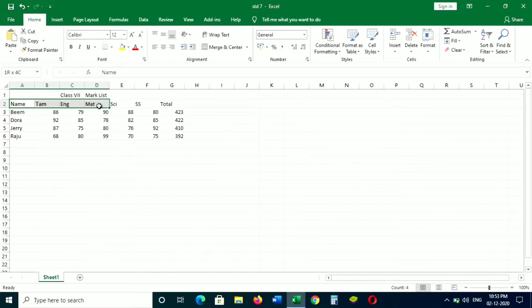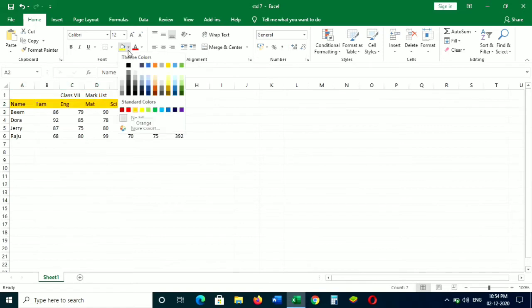I am selecting one row. From the Home tab in the font group, point the fill color icon. Click the arrow just to the right of the fill color icon. You will see a color pattern. Move your mouse over any of the colors and the cell color will change automatically.